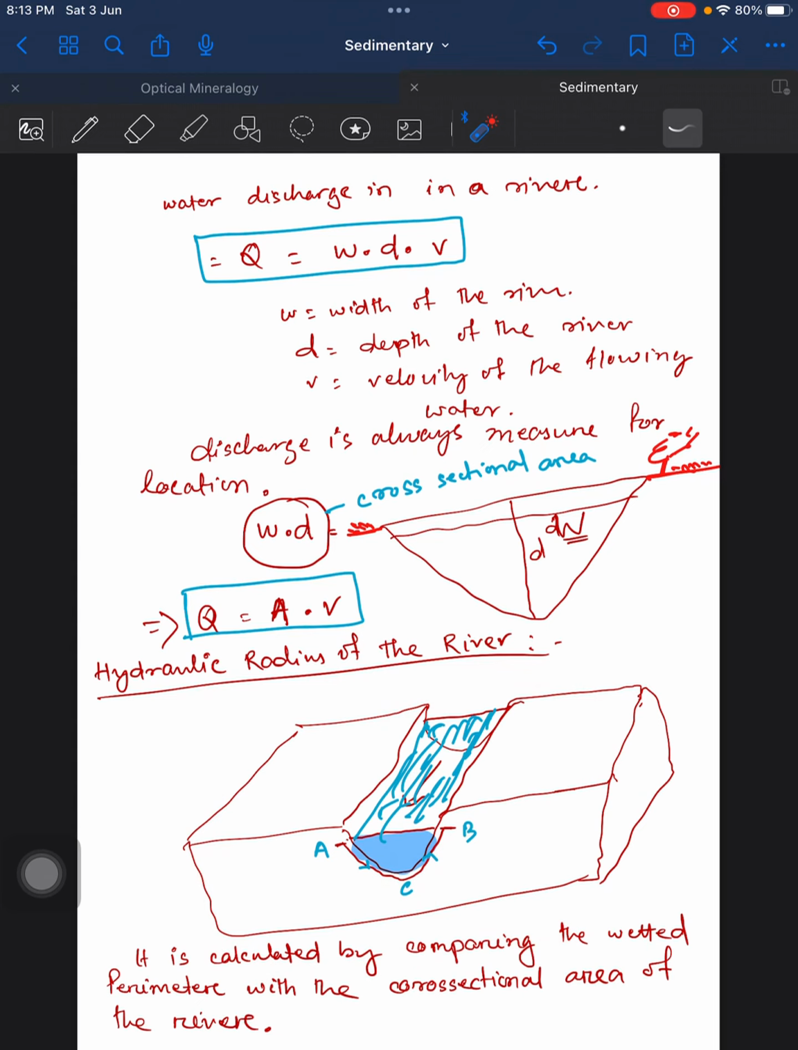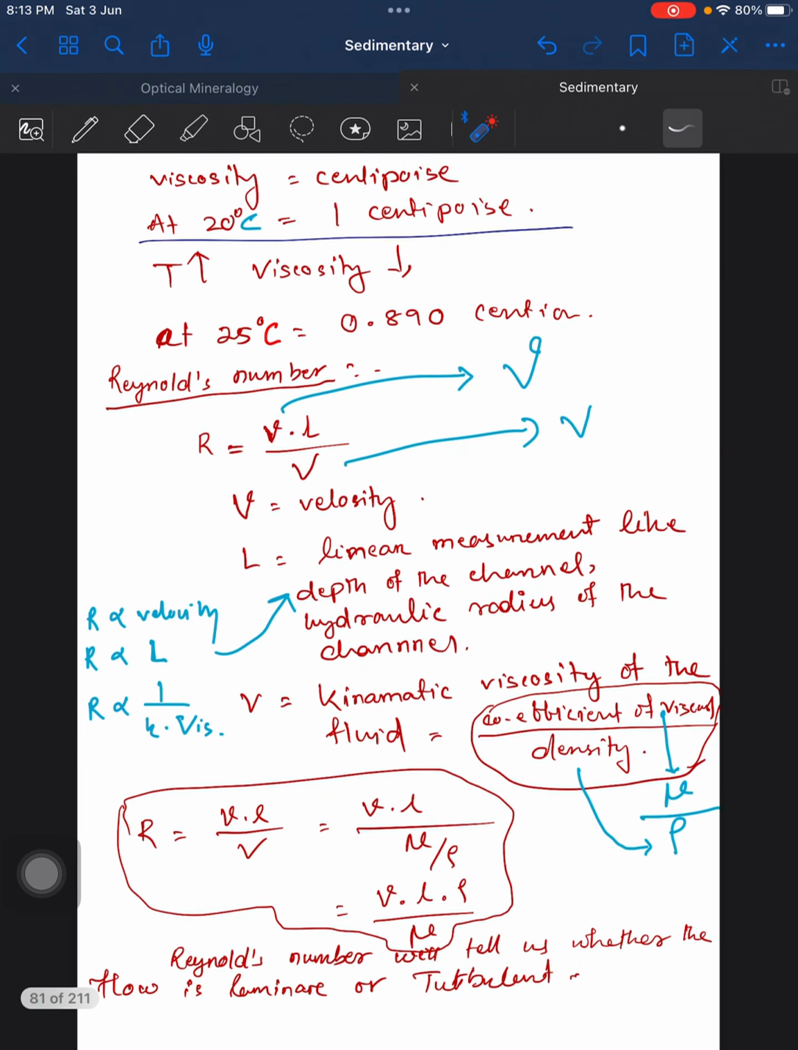Okay, so right now we will be moving into many formulas, so that we can understand these things in a better way. We will be discussing what the types of flow are, and which factor is controlling the type of flow, that means whether the width is controlling, or the depth, or the gradient, or the velocity of the water. We will be seeing all these things. So now first we will be